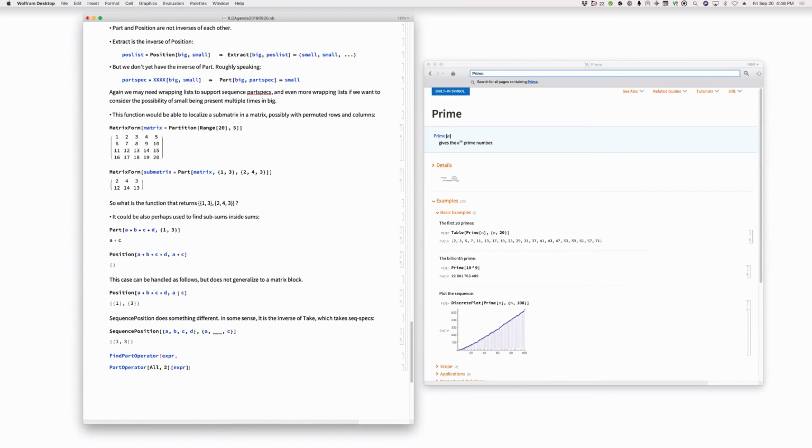But now, is that useful? Why not, given that it becomes useful because the find part operator can have a pattern here, for example. You would have to say, find this subblock in this matrix. So that's what expr would be, the matrix. And then if that block exists, it would return a part operator that corresponds to